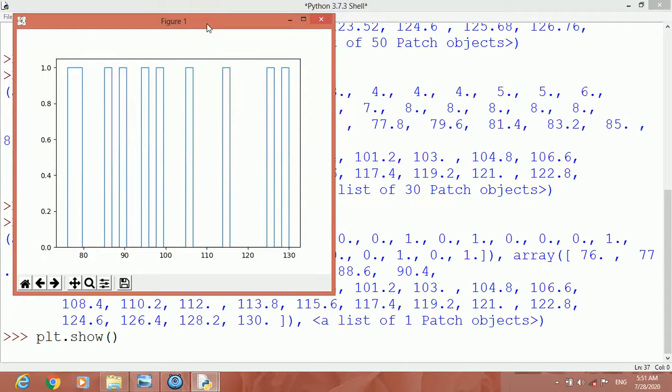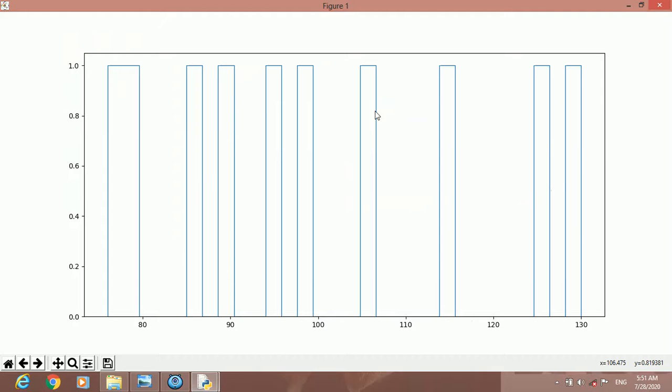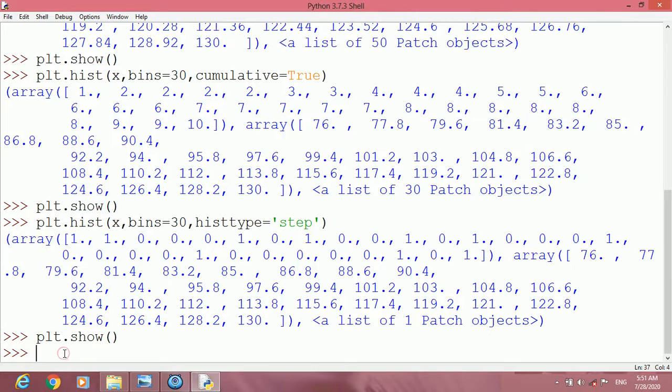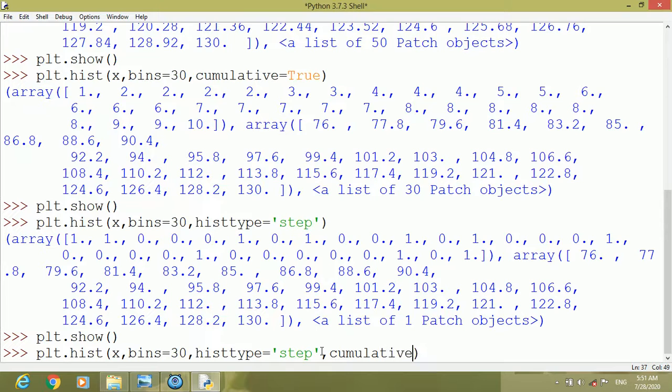Now here you can see it is steps. Steps shows only the outline. Another thing we can do in this, let us write cumulative also. Control C, Control V. Let us write comma cumulative equal to true.